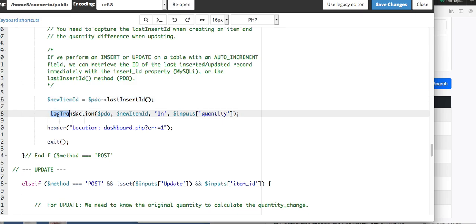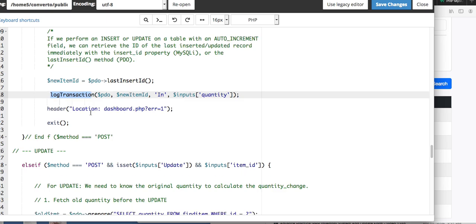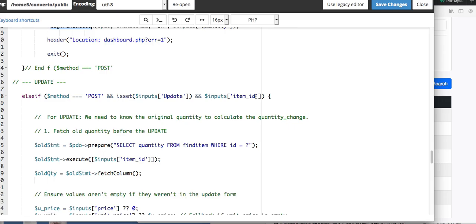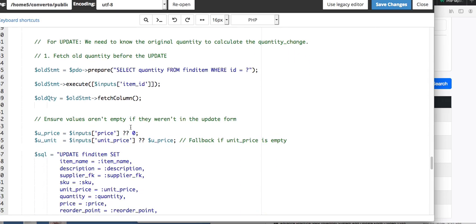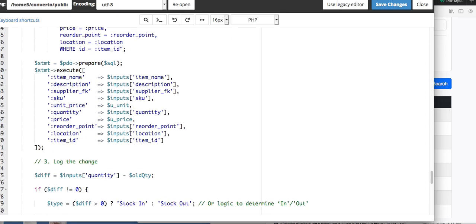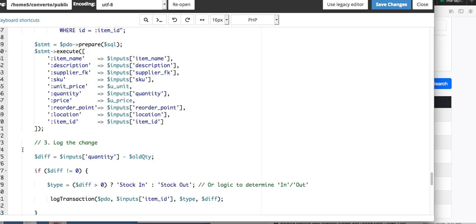Now this is a function, right? And you say, okay, let's go down the line. Let's find that function. Remember the update? This is what does the update right here. I guess we went through this already. And then we go to the quantity. Oh yeah, I added this too right here. The log, the change, because every time you're going to do a change, you always want it to be the difference between the quantity and the old quantity. So when you add,